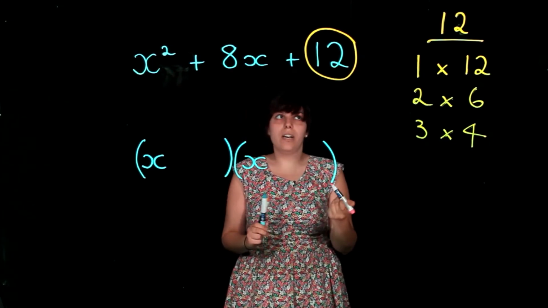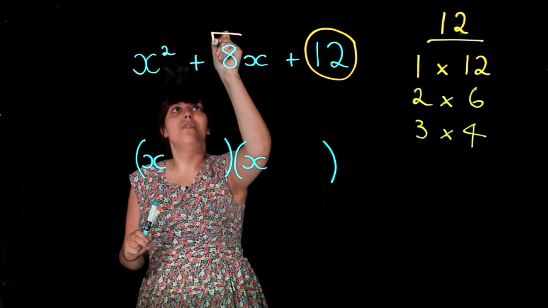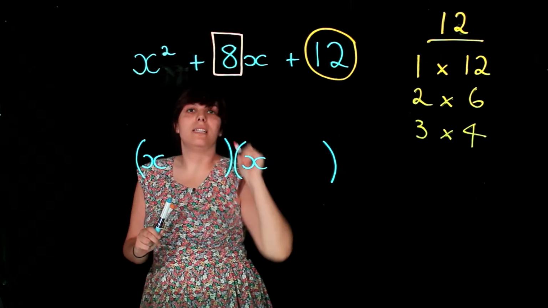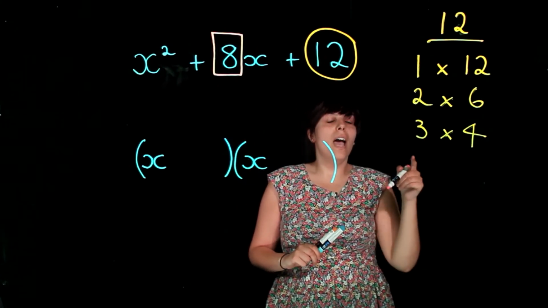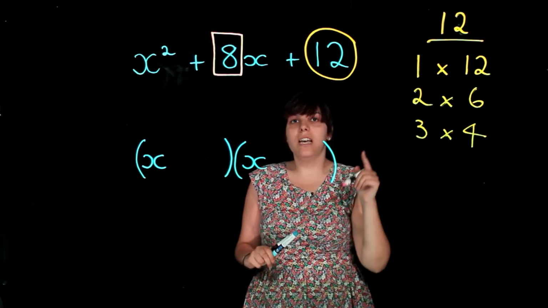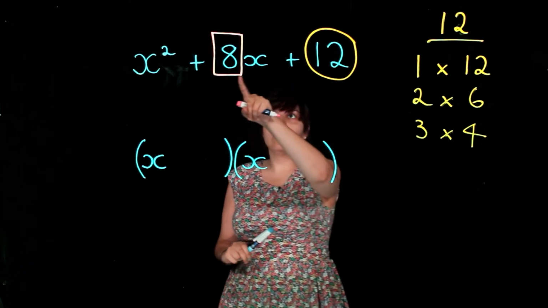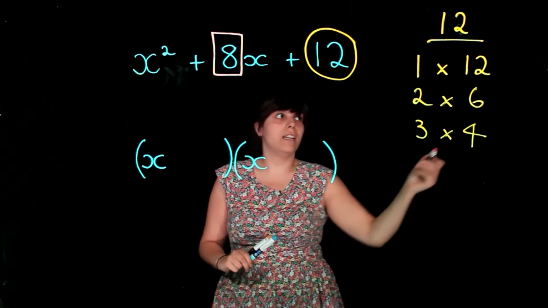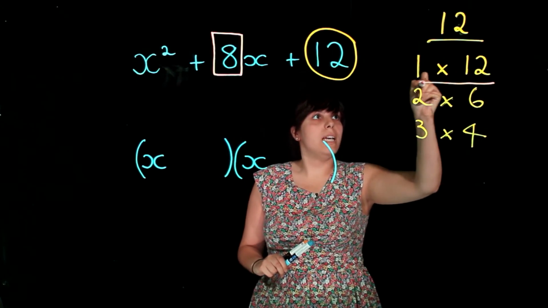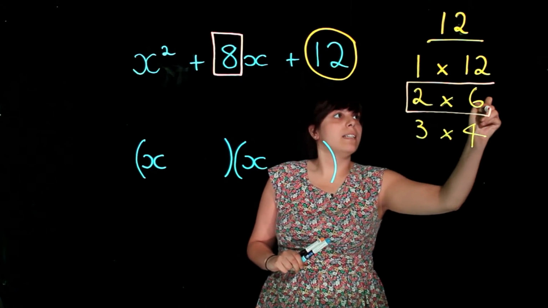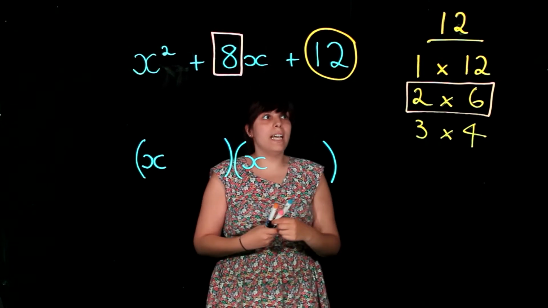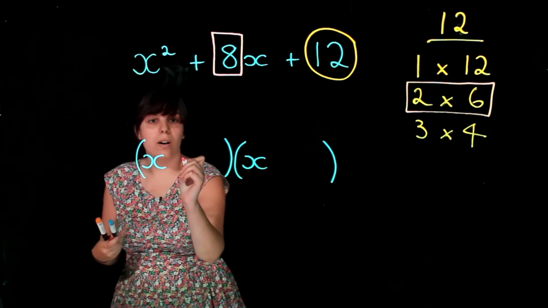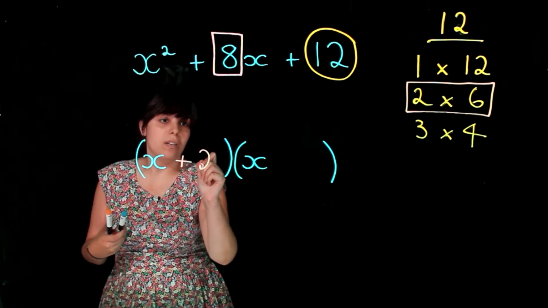The next thing we need to do is look at the coefficient of x, and we can see that that's 8. So we go back to our factors of 12, and we find 2 of the factors that add together to give us our coefficient of x, which is 8. So we find that we need 2 and 6. All we do then is take those numbers and put them in our brackets, so x plus 2